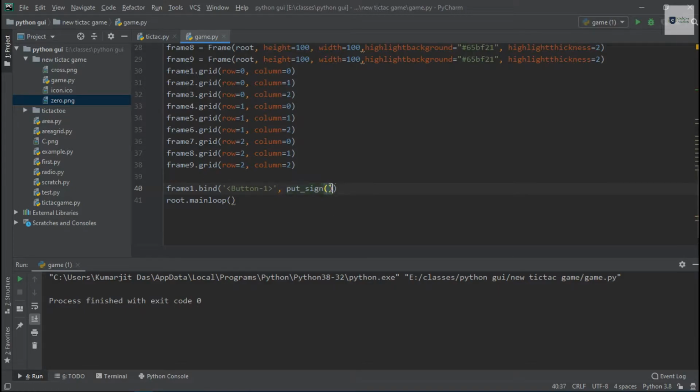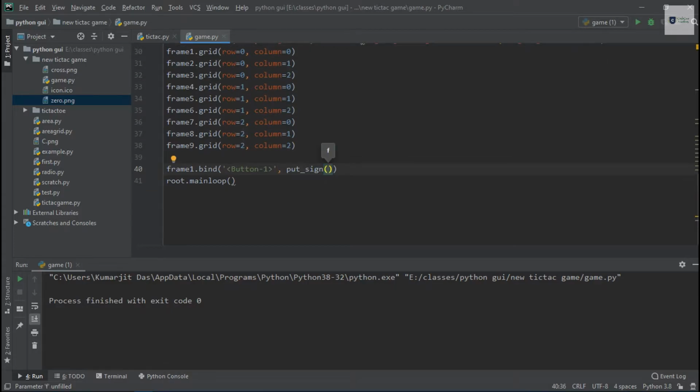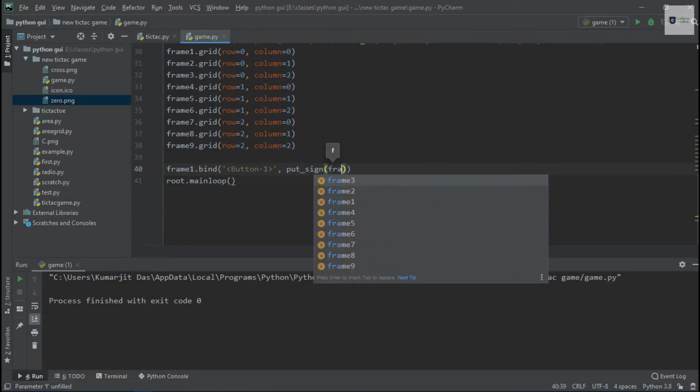So to pass the parameter, we have to write the open and close parentheses. This must be solved. We can solve this using the lambda keyword. Let's pass the current frame as the parameter, and then we will use the lambda keyword to resolve this problem.